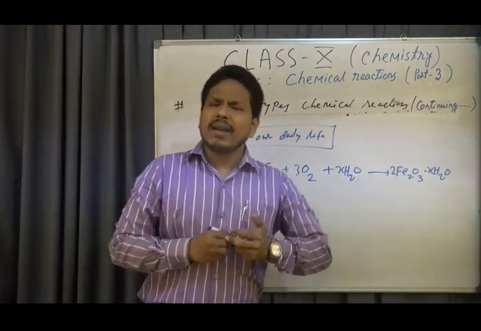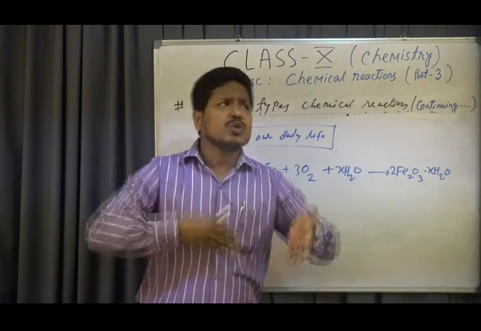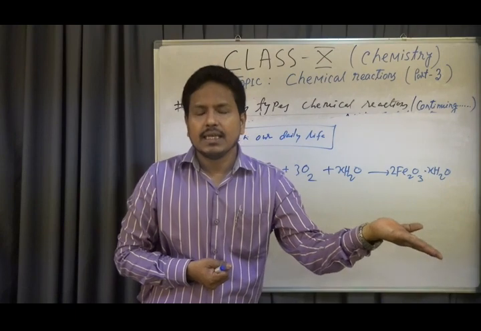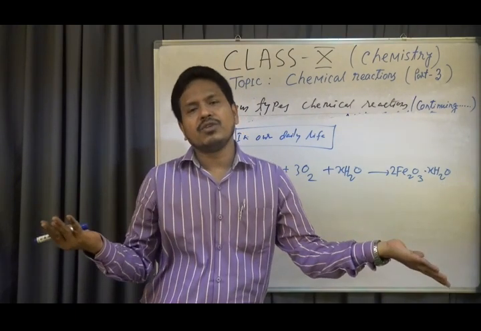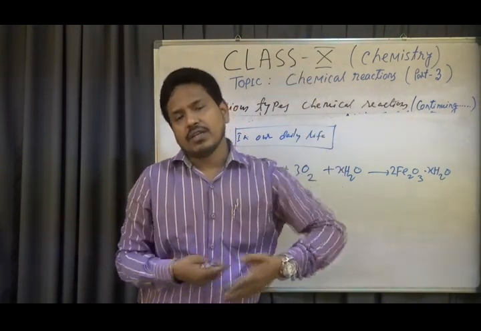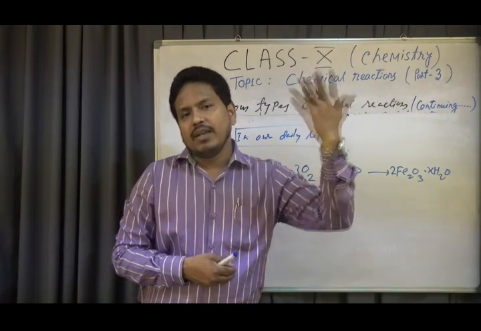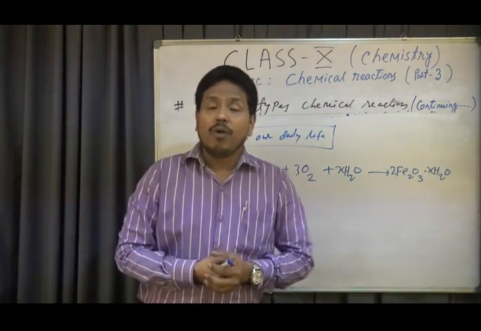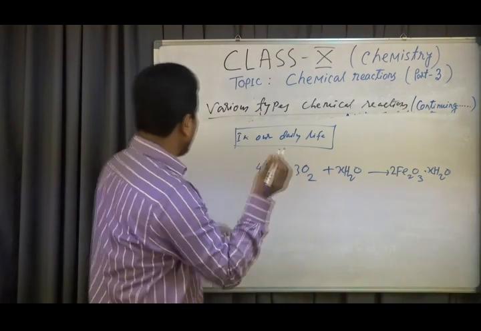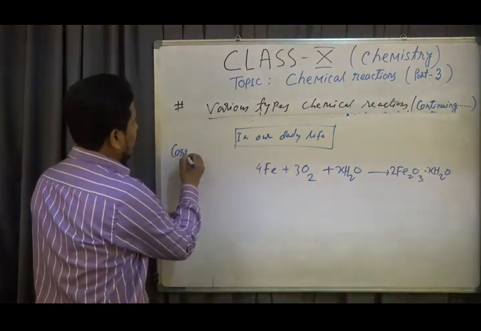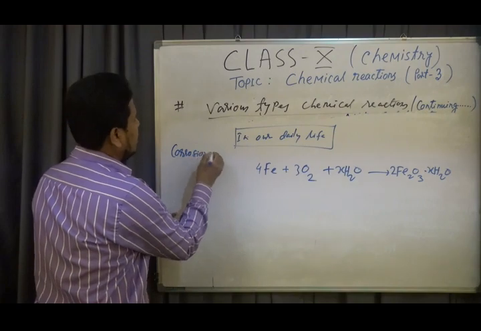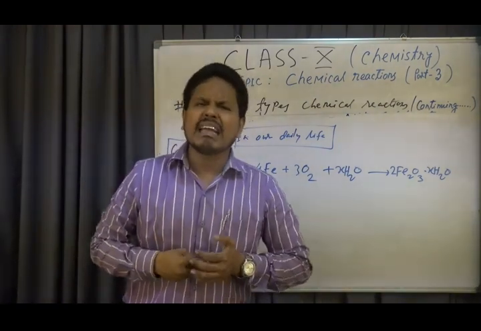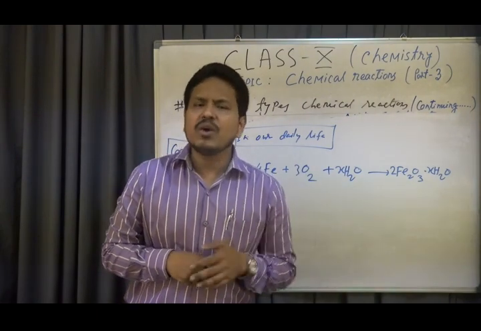In this way, metallic elements, reactive elements, are useful in our daily life. When exposed to moist air, it is converted to hydrated oxide, metallic oxide. In this way, rusting or other compounds are formed. This is called corrosion. Write down, my dear student, this is called corrosion. So by this process, in our daily life, a lot of materials get corroded. So corrosion is an oxidation reaction.